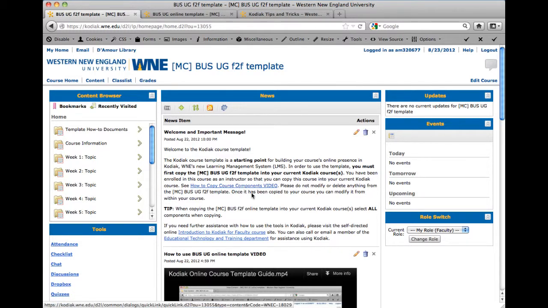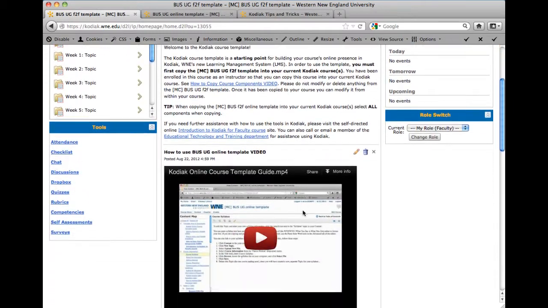If you are unclear as to how this process works, you can contact someone in the Ed Tech and Training office. So, let's say that this has been copied into a live course. In Kodiak, you have the news widget, which is a great way to communicate with students. Take a look at what's in the template,